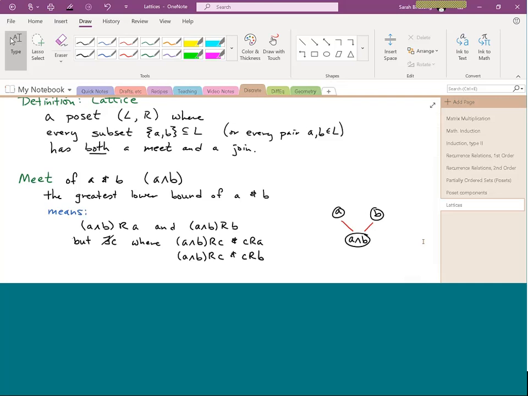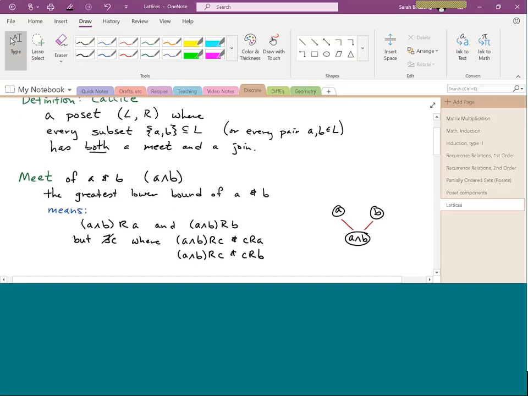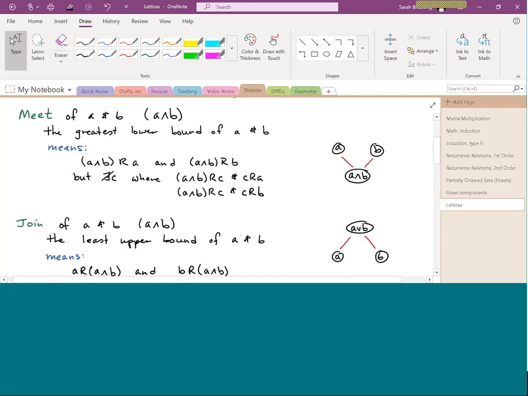Okay. Now, that's what a meet is. The lattice has to have every two elements in the lattice have both a meet and a join. So let's look at what a join is next. And it turns out a join is essentially the exact opposite. So the official definition of a join is,